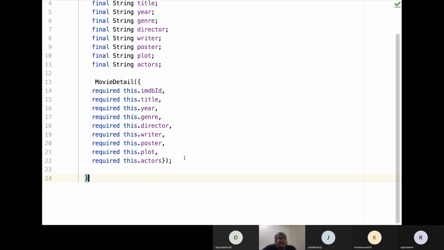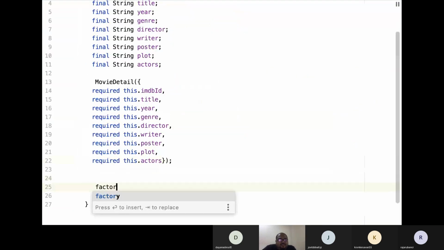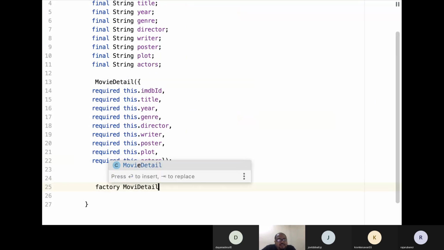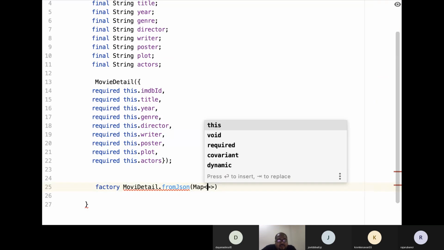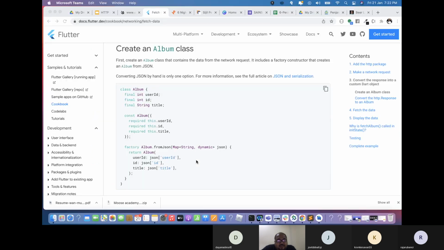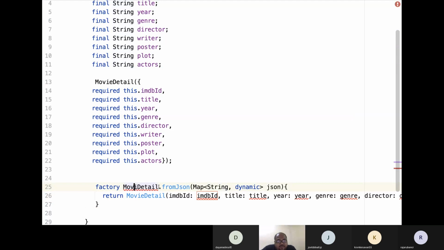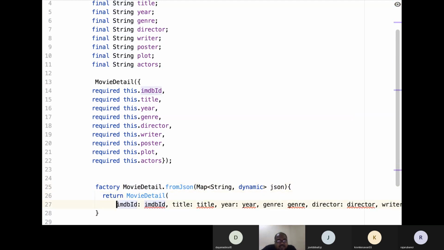Okay, let's create the transformer. So factory MovieDetail.fromJson, Map<String, dynamic> json, return MovieDetail, right? And then this one, as I told you,